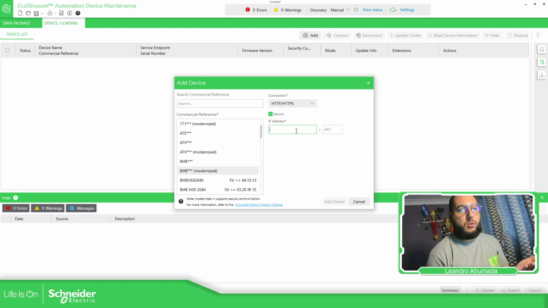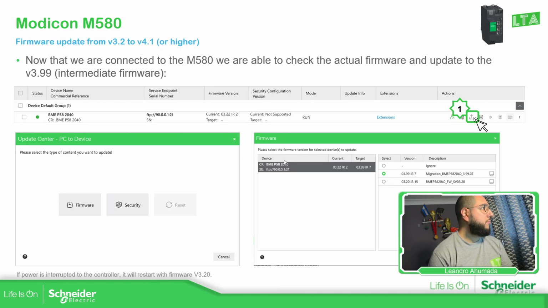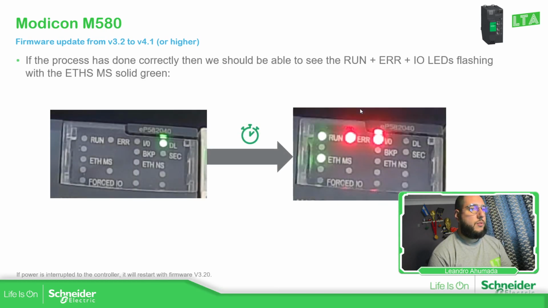And here we just need to use the IP address of the equipment or the mini USB. For the IP address of the equipment, we just need to use the default one, 10.10 and the last 4 digits, and those 4 digits need to be converted from hexa to decimal. So if we go back to the presentation, just wait until you get these 3 flashing and this one